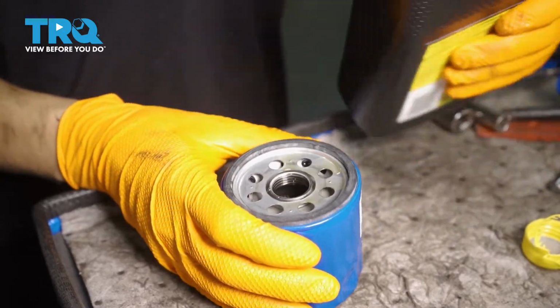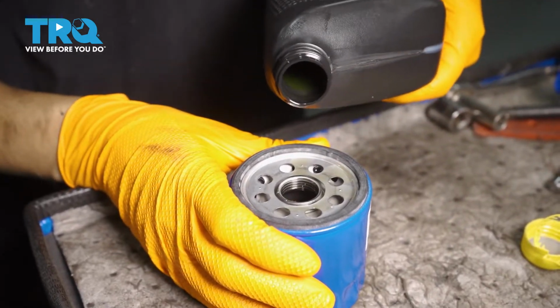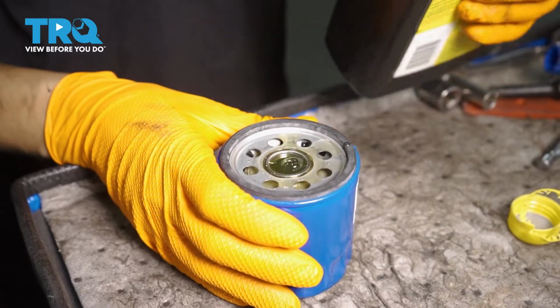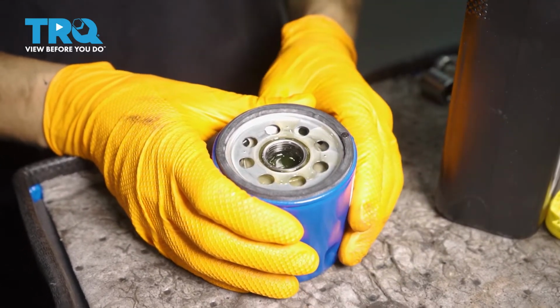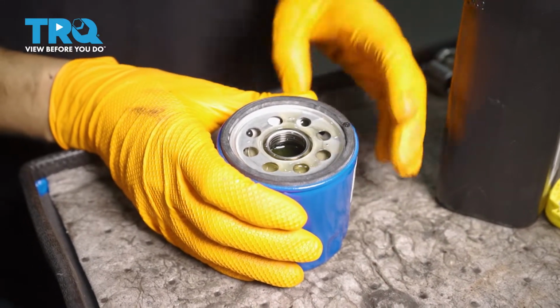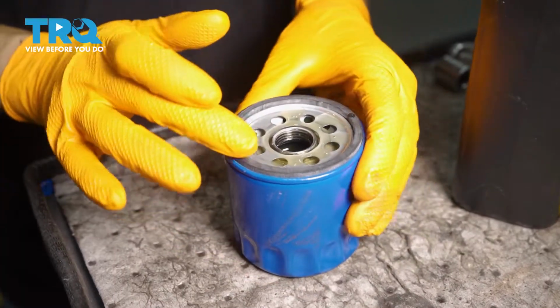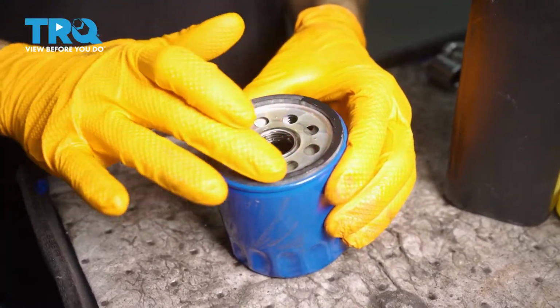And I'm gonna top it off as needed so it can be nice and full. Obviously don't go overboard, don't fill it up to the brim, but up to the top. It's gonna bubble a little bit as the air comes out and the oil soaks in. But just give this a minute, and then while you wait, take a little bit of this oil, lubricate this